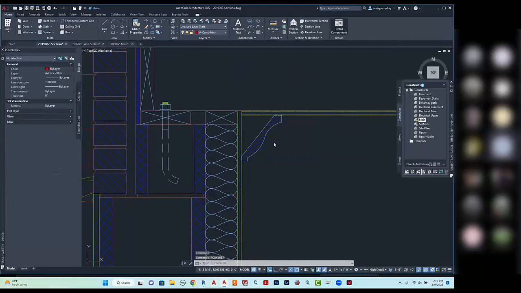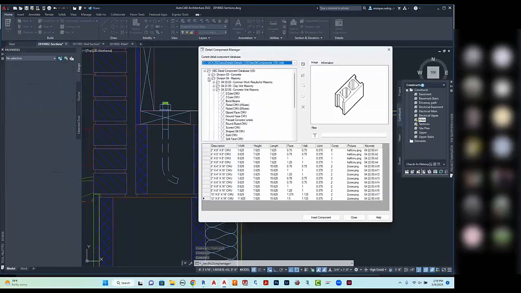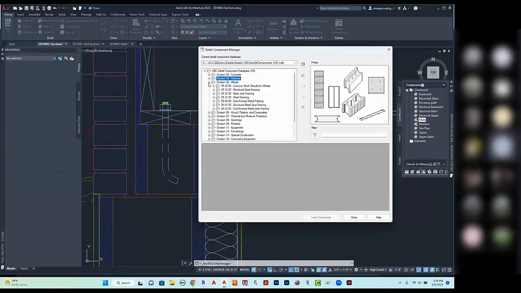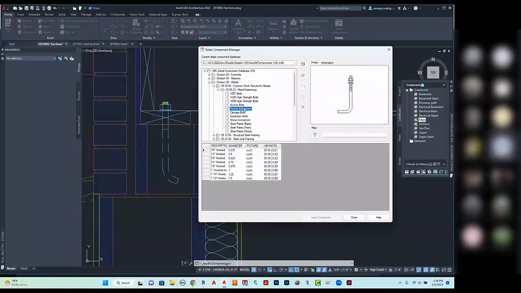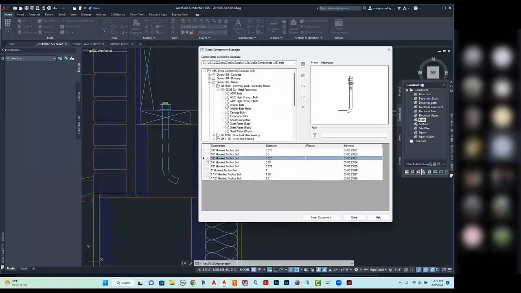So let's go to detail components. Let's close this one. Division 5 is metals, and you're going to find it under common work, results for metals, under metal fastenings. You're going to find anchor bolts and anchor bolts hook. The fact that it's got this little curve right here means it's a hooked anchor bolt. So let's go ahead and click on that. We're going to find 5/8 inch